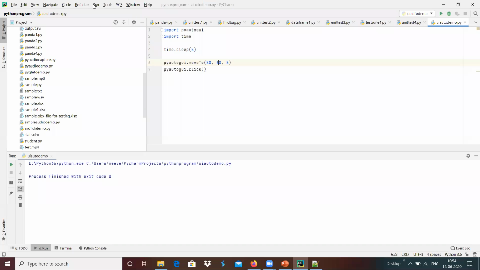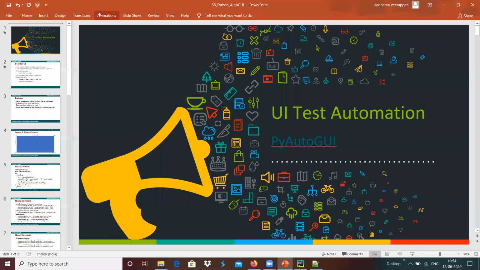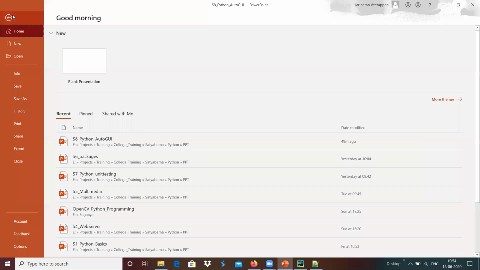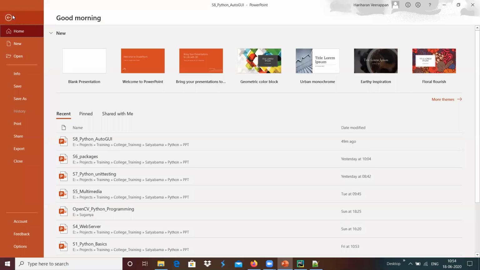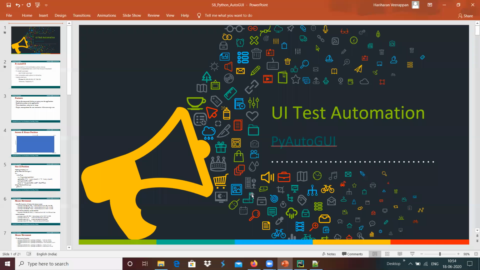And I'm going to run the UI auto demo, and I came over here by placing the cursor, and it started moving. It went to the location, and the mouse event has been generated, and whether it has been opened or not, we can take a screenshot, and we can do the comparison whether that action provided the respective result or not, that we will see in the upcoming session.